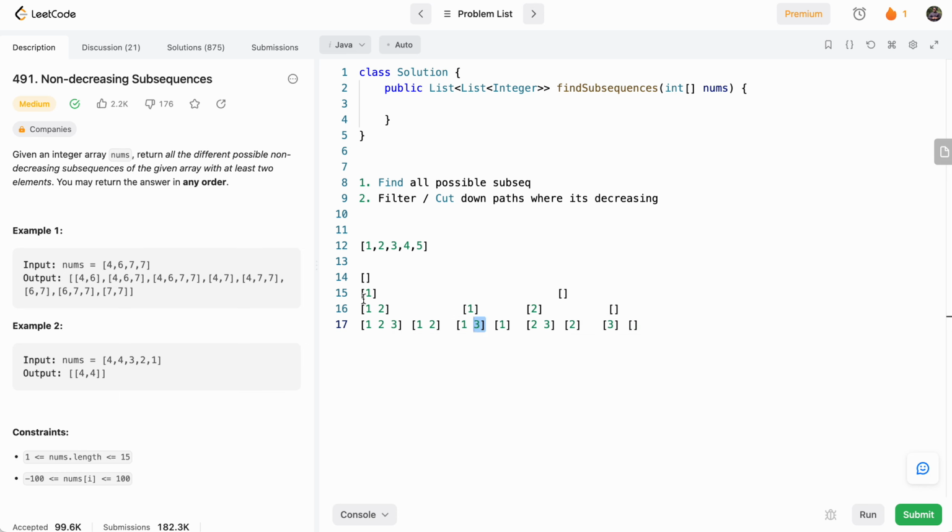And then obviously if there are paths here, for example, let's say this was 2 and 1 for whatever reason, then we know that this path is not worth exploring, so we can cut down a whole branch of the tree because it's already decreasing here, right? So that's how we can filter out our